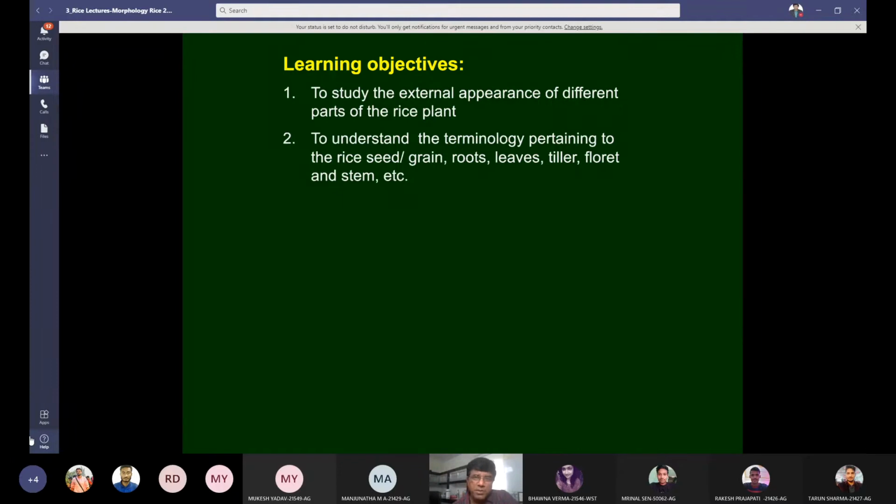So basically, we are going to study the external appearance of different parts of the rice plant. Different parts means starting from seed, roots, culm or stem, leaves, panicle, inflorescence, spikelets, and seedling. So we'll see the external appearance, which is also known as morphology. And we will also try to understand some terminology related to the rice plant.